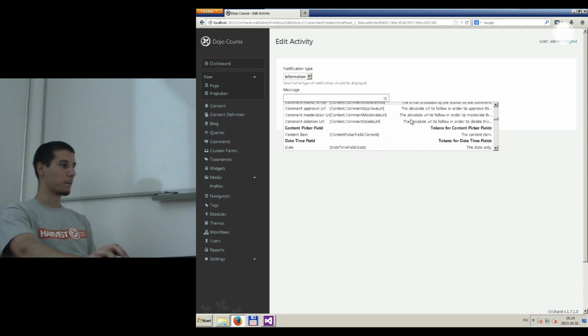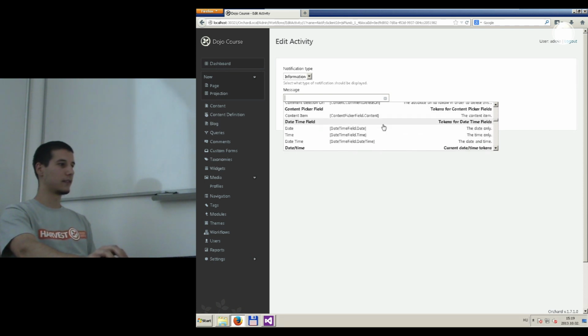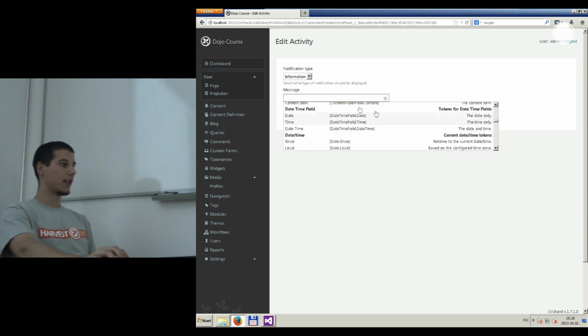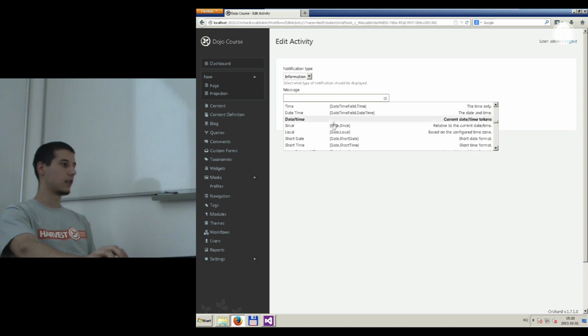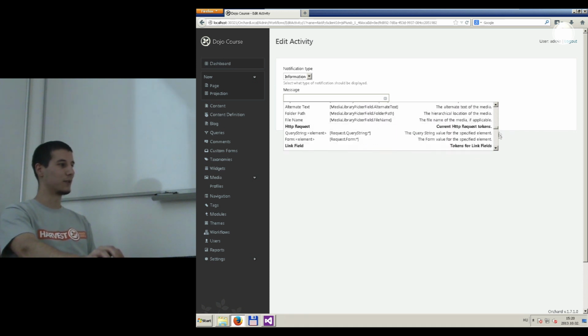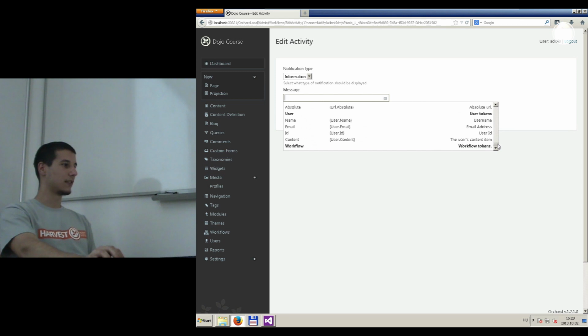But if you scroll down, you can use other tokens, if they make sense. Obviously, we don't have a content picker in this example, so the content picker field tokens don't make any sense here, but they are in the system, and you can write your own tokens. So we'll look at them later on in this course. You can access datetime tokens, which are related to the current date and time, and other tokens that are in the system. I'm not going to list them all, but there are some